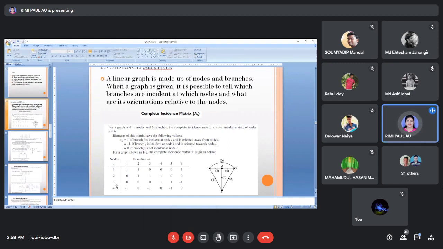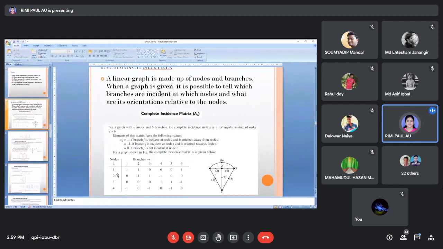So in this way, we can draw this 3 and 4. In this 3 or 4, we can see 3 also 6, 4 and 5 is connected. But here you can see this is towards the node, so -1. Similarly, if I take 4, 1, 3 and 5 are connected. So you can see that all our nodes are incoming, so all are -1.